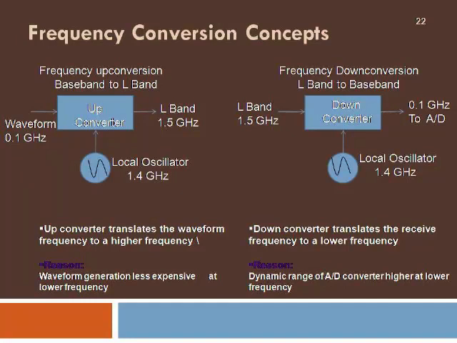When these two are mixed, we will have both sum and difference outputs. By using a proper filter, we can take some output wherein we are going to get the up conversion. In this context, it's going to be a 1.4 gigahertz signal mixed with the 0.1 gigahertz, giving rise to a 1.5 gigahertz total up converted signal. When we receive this 1.5 gigahertz signal from the target, we are going to use again a local oscillator at 1.4 gigahertz to be mixed with this in a down converter.